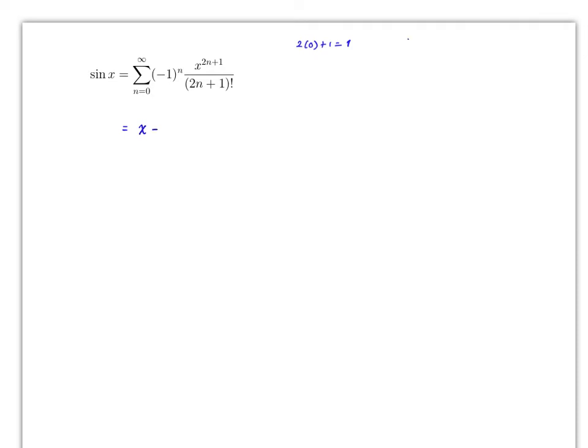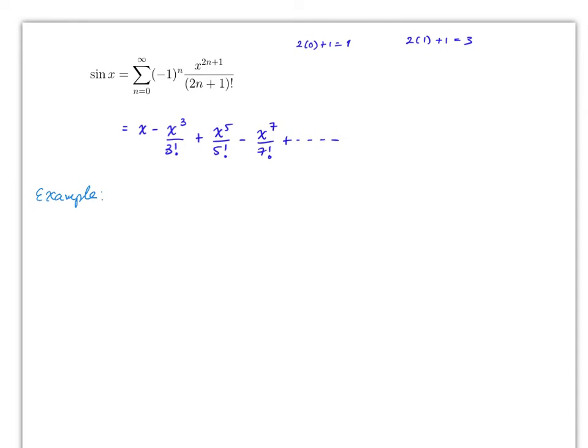Then if n is equal to 1, it will be 2 times 1 plus 1, which is 3. So then it will be minus x cubed over 3 factorial. Then the next one will be x to the 5th over 5 factorial minus x to the 7th over 7 factorial, and so forth. All right, so now using this series, either this one or this one, we're going to use it to find the power series representation of other series related to sine of x. For example,